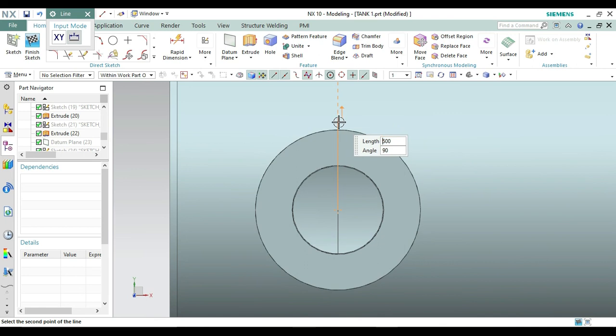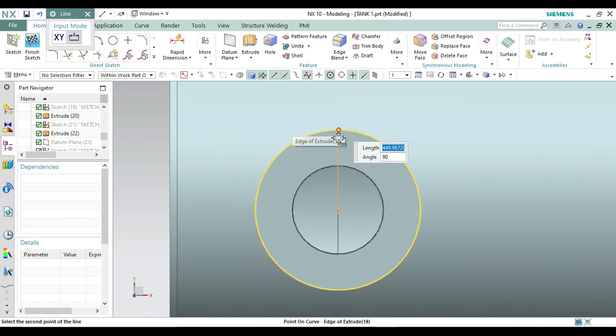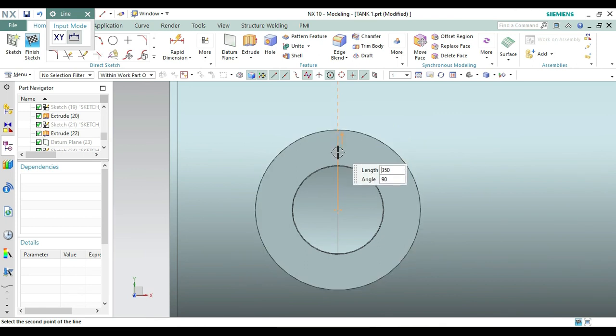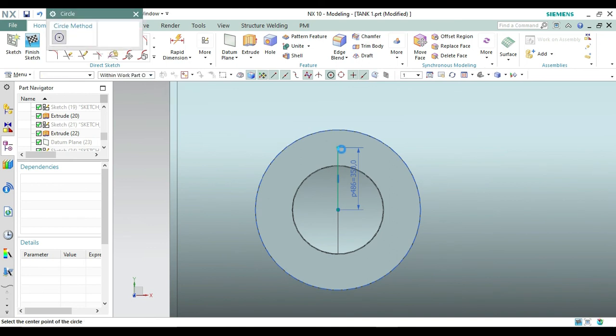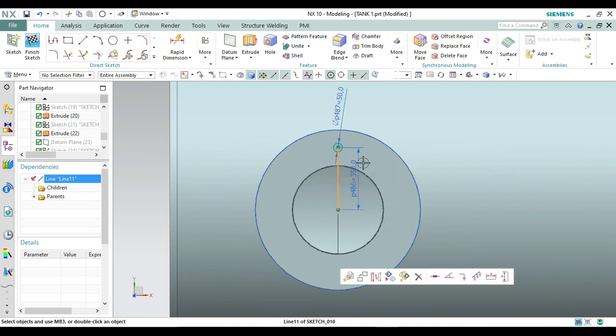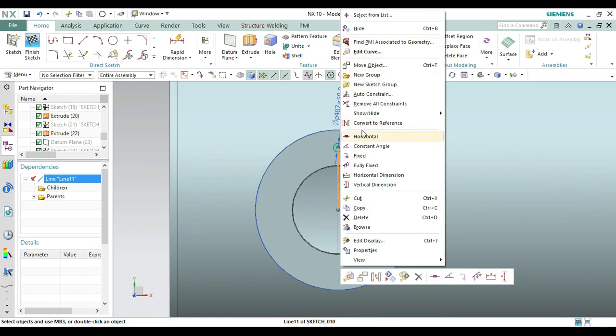And if we see the distance of this one, let's take it to 350 and make it 90 like this one. Again, going on to the circle command, let's make a circle of diameter only 50, and let's convert this line to reference from here.